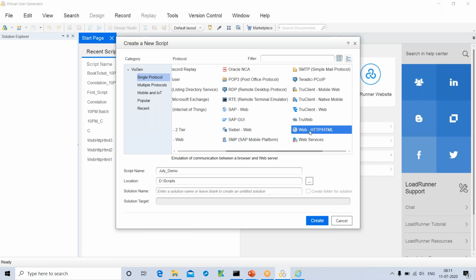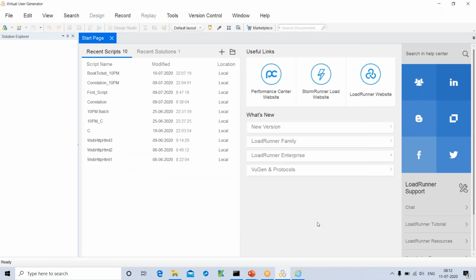There are different protocols which we will discuss in detail in coming classes, but for the time being just assume that because we are working on a web application, we'll continue to use the web HTTP HTML protocol. I've given the script name as July demo, it is stored in this particular location, and I'll click on create.